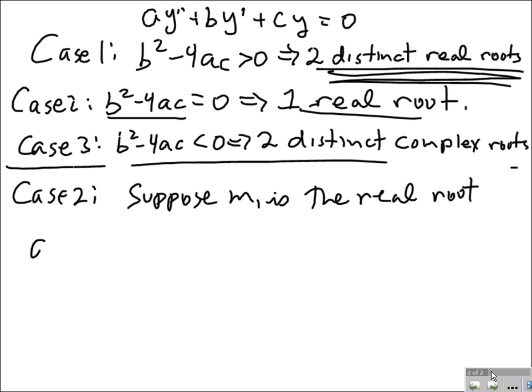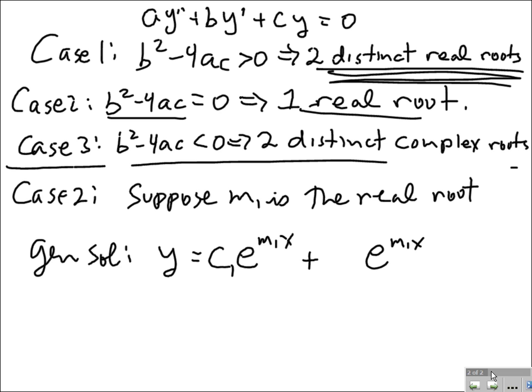Well then, the general solution will be y is equal to c1 times e to the m1x, which is one solution, plus not e to the m1x, but x times that, times c2. That will be a second solution. And since they are independent,